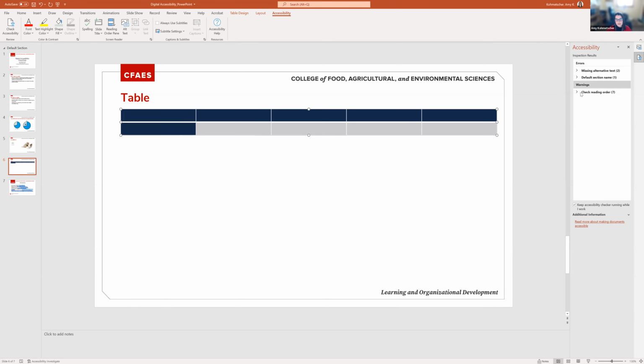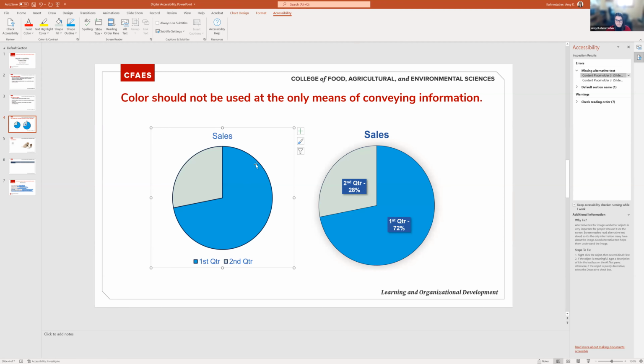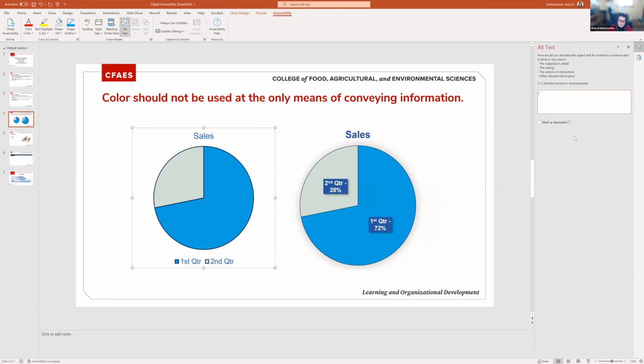And you'll notice we've got a few issues in the right pane after I click check accessibility. So there's some missing alternative text on a content placeholder. And so this is a chart that needs some alt text added. And if you right click in the correct area, you click closer to the title of the chart, you have to get off the data series. So right click and then you can edit alt text, and you can type out what the pie chart shows, and you'll want to include like the title